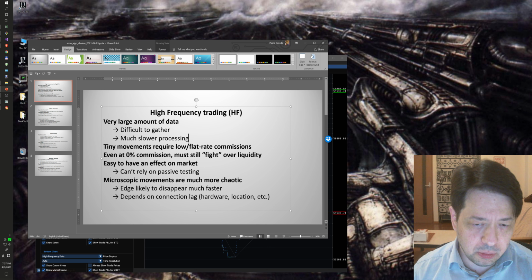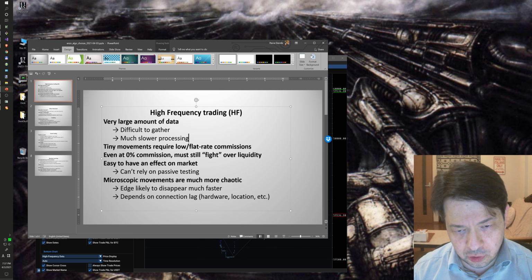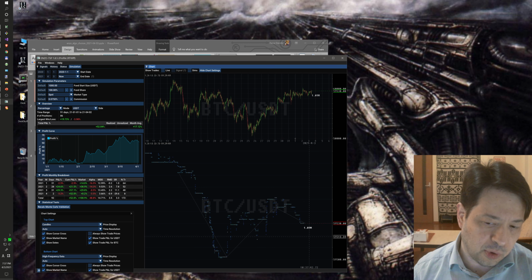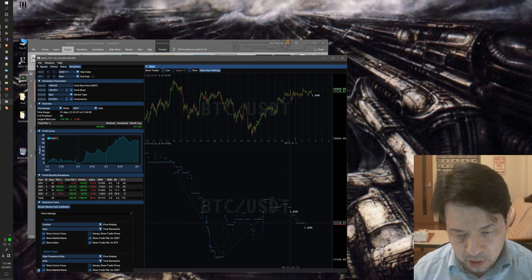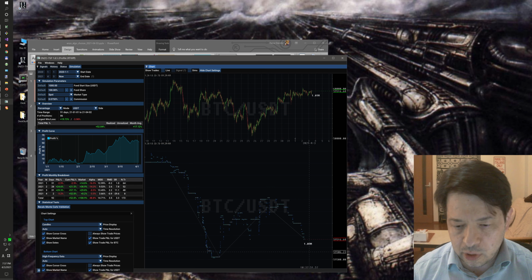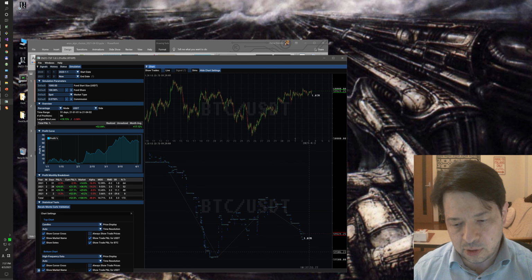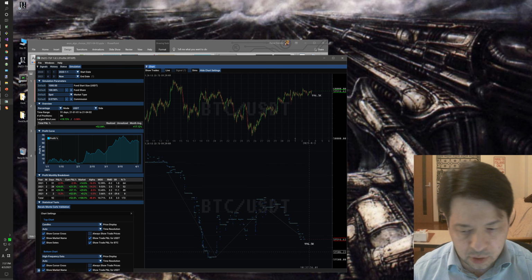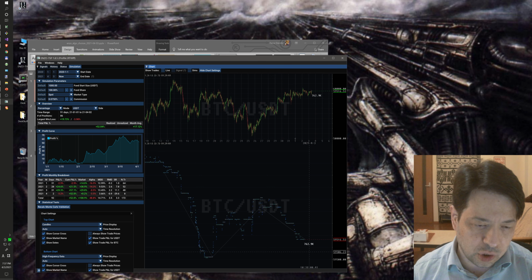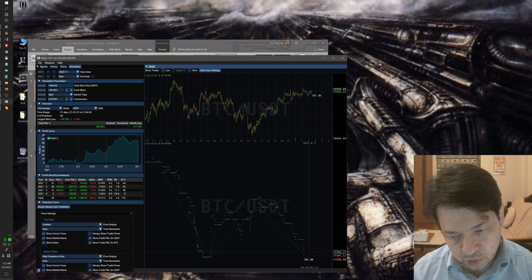So zero commission, but even if there is zero commission, there is still the issue of liquidity. If I buy really quick and I sell really quick, it means that I can only buy and sell a small amount. Let's say I can find a way to gain 0.01% every minute or every 10 seconds. But on which amount is that performed?